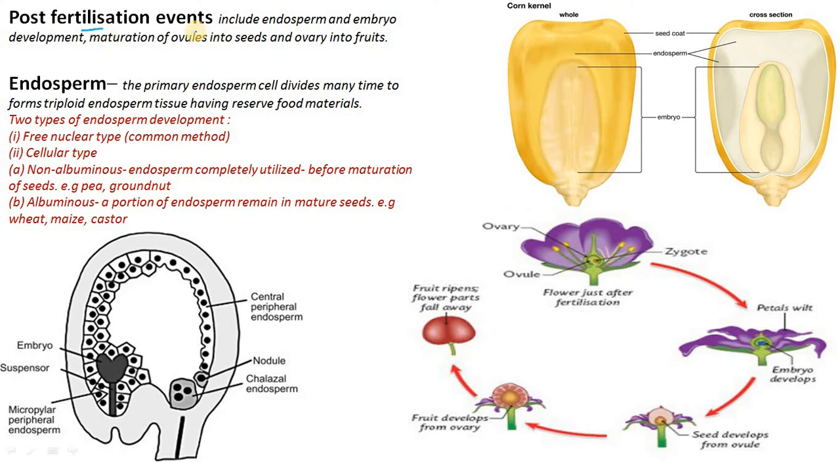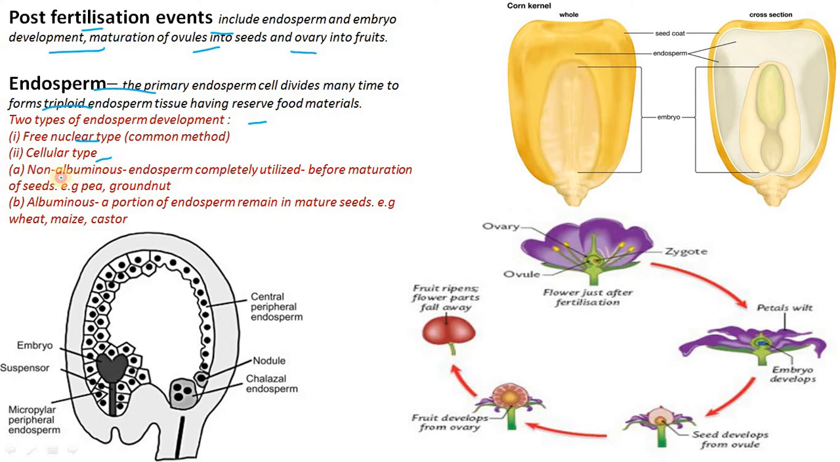Now, the post-fertilization events include the endosperm and embryo development, maturation of ovules into seeds and ovary into fruits. The endosperm: the primary endosperm cell divides many times to form the triploid endosperm tissue having the reserved food materials. The two types of endosperm development are the free nuclear type and the cellular type, which is further divided